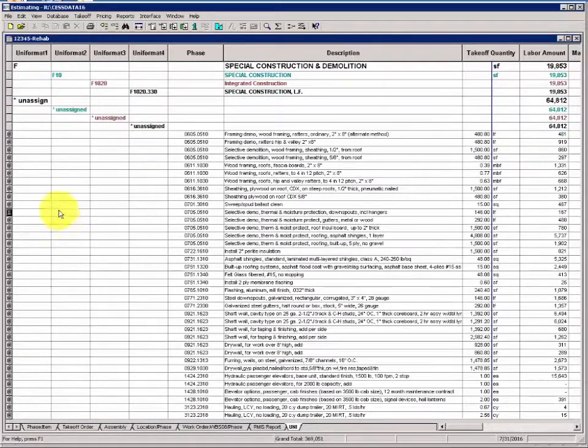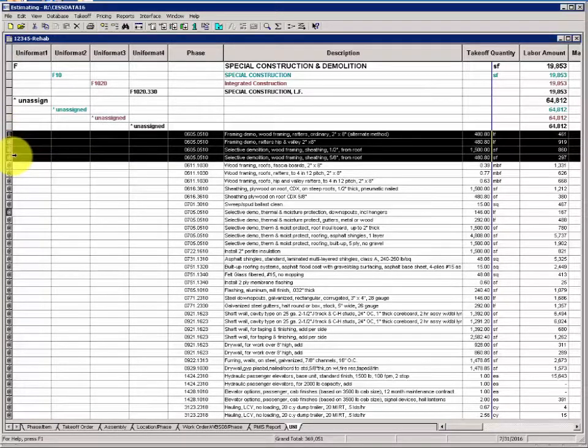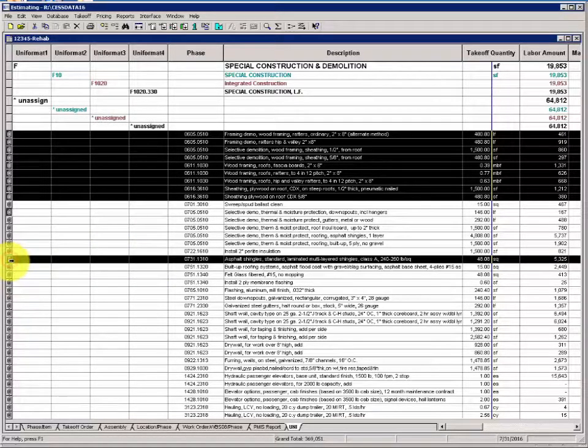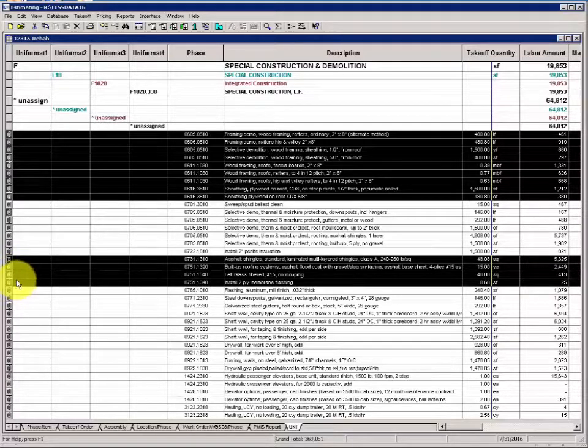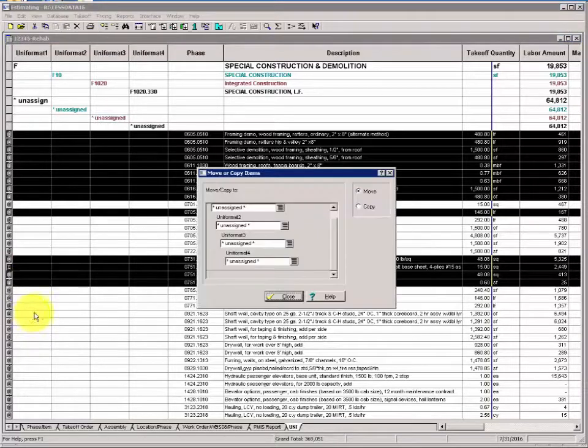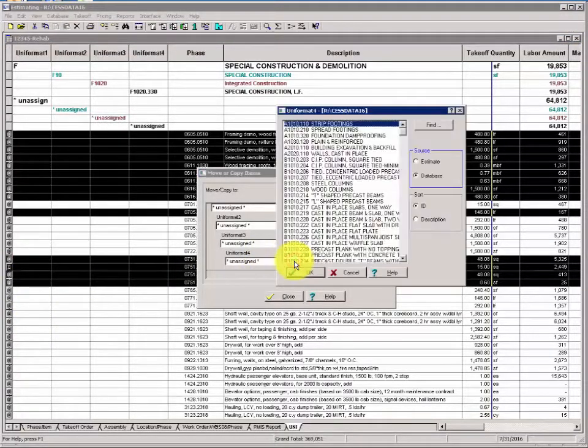The next move will be the framing items from 0605 through 0616, and then we'll skip some items and grab 0731 through 0751. And you do this by holding the Control key down when you want to interweave. Remember, Shift will grab contiguous items. The Control key allows you to grab selected items. We'll right-click, select Move Copy, and this time starting with 4, we're going to grab B